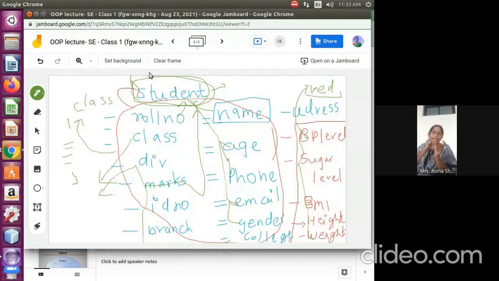Branch has other attributes like branch coordinator name, branch head name, and the strength of the branch. So we can consider branch as one class. College is another class, because college has its own attributes like college name, college address, college principal name, and how many faculties the college has.